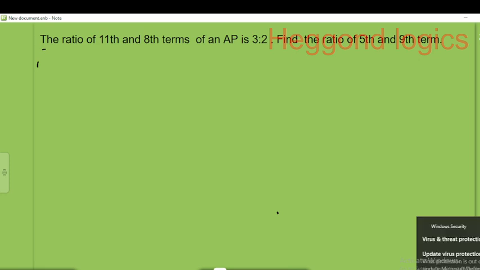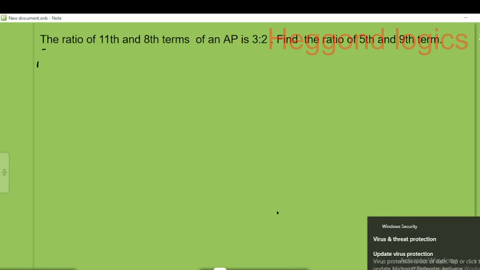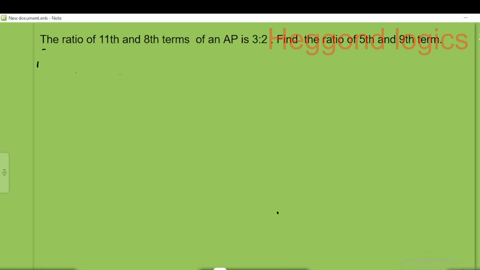This question will be an applied question. Applied questions for Karnataka State Board, they will ask 4 marks only. For CBSE, they will ask 5 marks. Compared to the Karnataka State Board, the 5 marks question for CBSE will be easier than the Karnataka State Board. Just you have to read the questions.